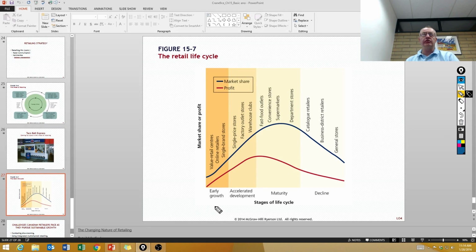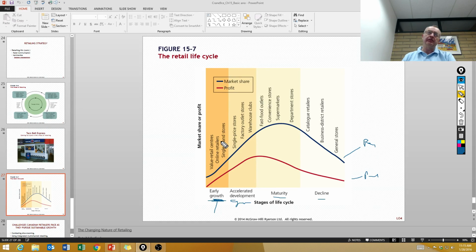So we have stores that go through a life cycle. A new type of retailer enters the retail industry, then it goes through a growth period, and then it goes through a mature period, and then it goes into decline. So the book's example, and remember with the product life cycle, we had the total industry revenues and total industry profits. We can look at the retail industry as a whole in the same way, with different types of retailers going through this life cycle.